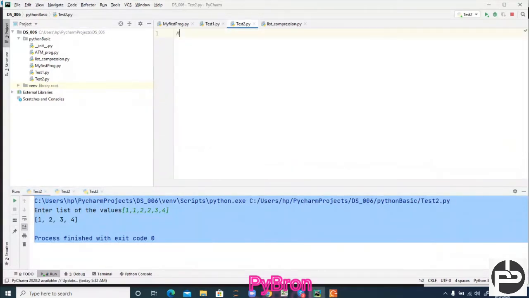Write a program, WAP in the sense of write a program, to print different vowels. This is a very common question. If you go to any interview, they might ask the same question. It's a kind of repeated question. I went to more than 20 interviews, and out of 20, in 15 interviews I faced the same question. So write a program to print the different vowels present in the given word.